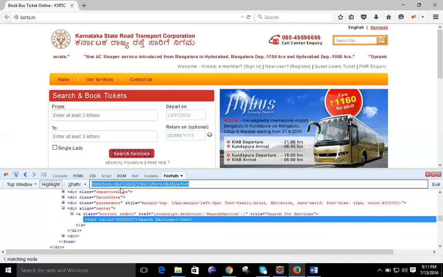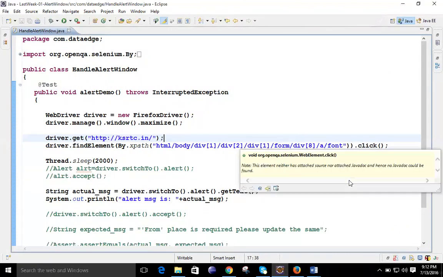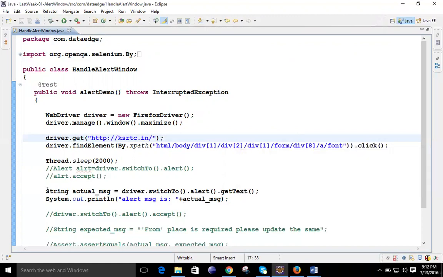Now we will copy this XPath and give it to driver.findElement by XPath. Now click. We have to click on that search buses. If there is any kind of alert present, let me comment this one.